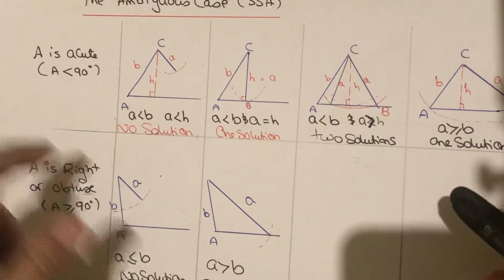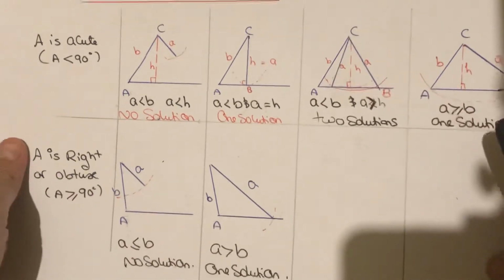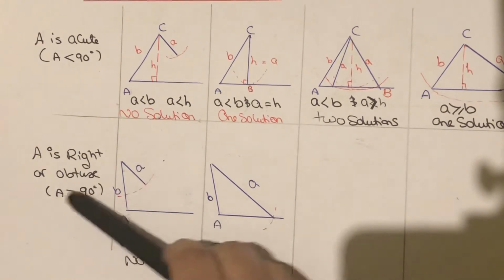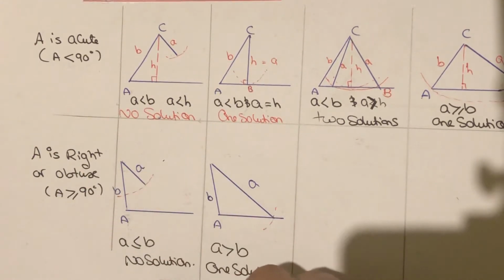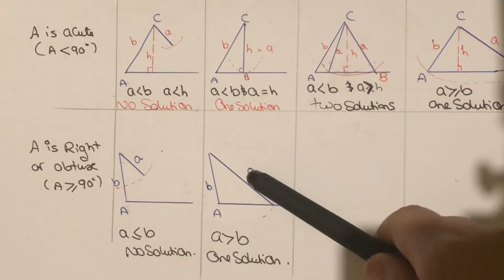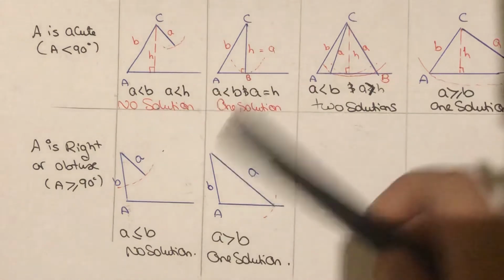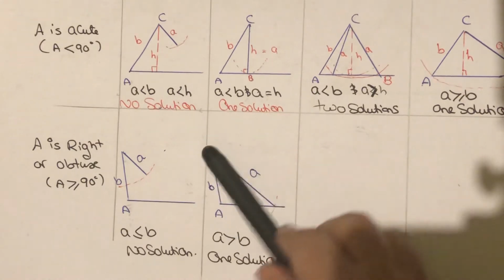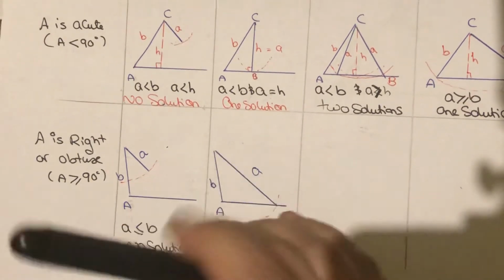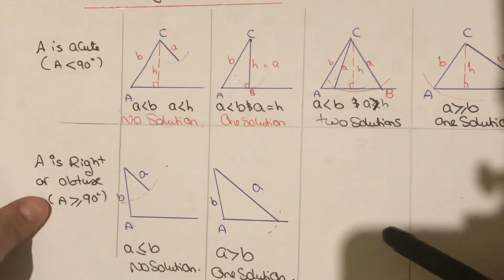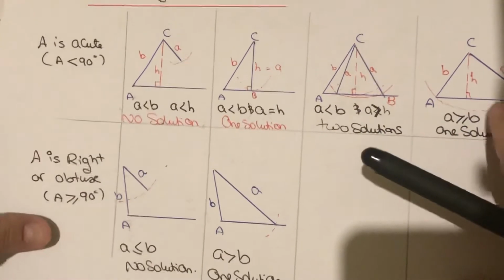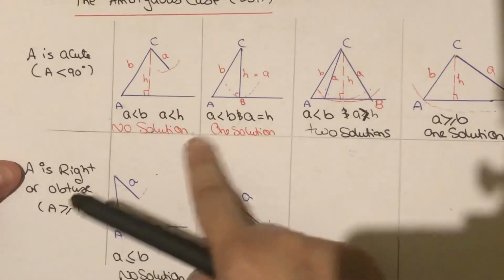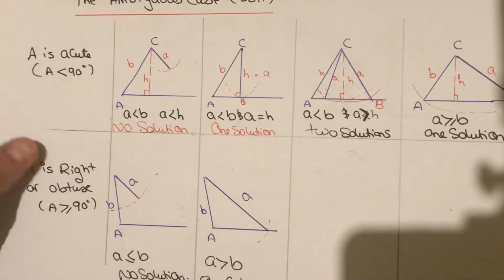If A is right or obtuse, I have two options only. One of them: if A is less than or equal to B, try swinging this. It will never intersect the base, so there's no solution. No triangle can be formed. And if A is greater than B, definitely I can intersect the base once, and definitely I can form one triangle. If I think of swinging it anywhere else, I'm still going to get one triangle only. So regarding the first question, this has to be memorized somehow or understood, and it kind of makes sense, but you need to memorize the cases, and whether A is acute or obtuse.